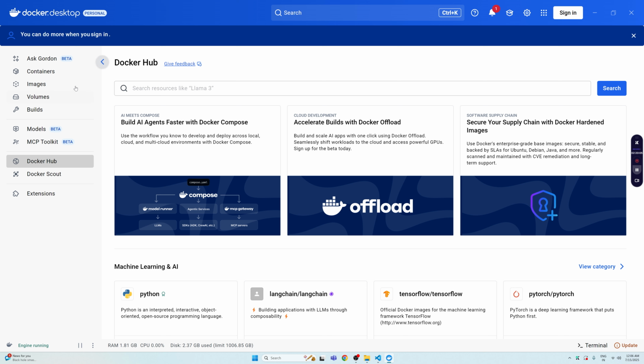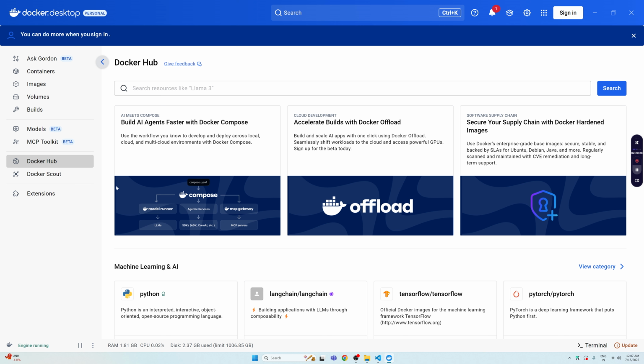For this to work, you will need Docker Desktop, which means that Docker Desktop should be installed on your computer. I have a separate, very short video that you can watch, in which I go into depth on how to set up Docker. So go ahead and watch that video first. And then after you have downloaded and installed Docker Desktop on your Windows or on your Mac,